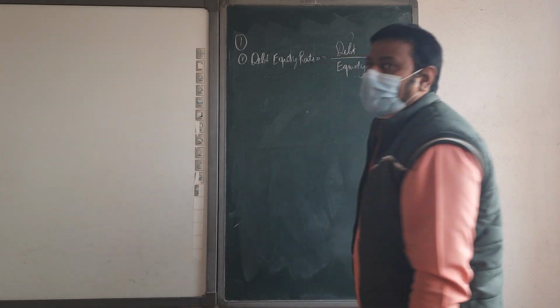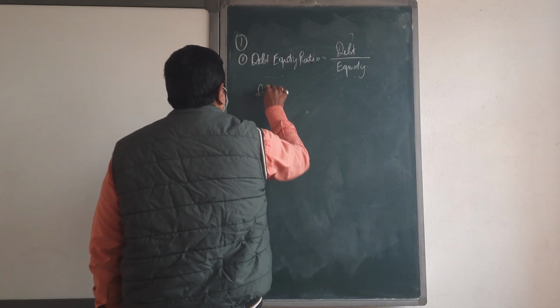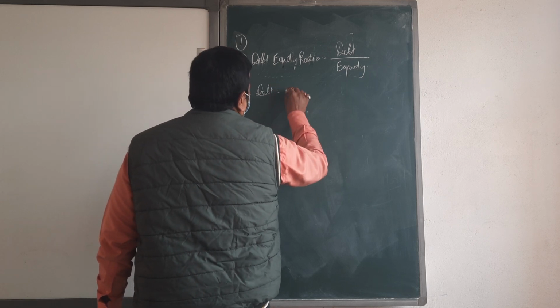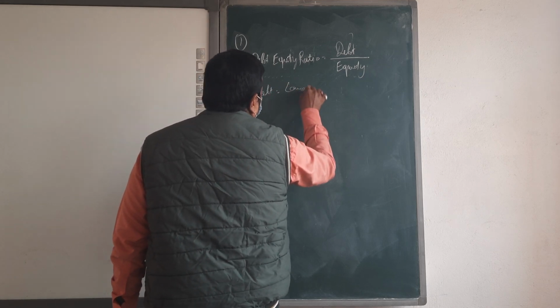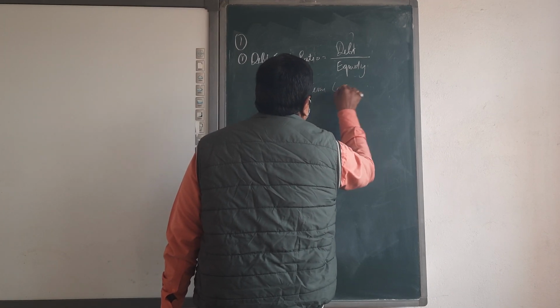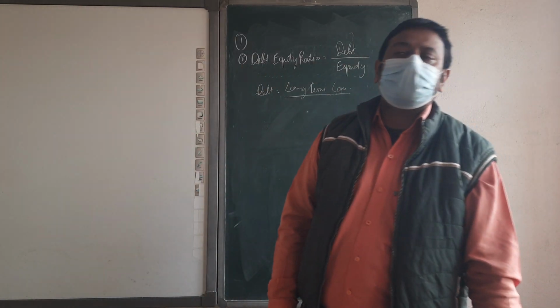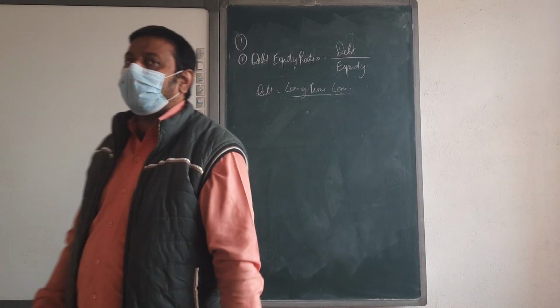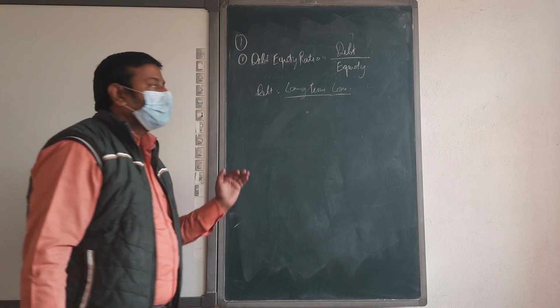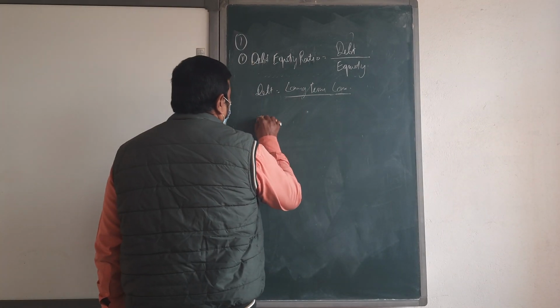Okay beta, debt upon equity, and debt means long term borrows or loans. All long term borrows or loans. It means all types of borrowing you can take from others or outsiders, that is coming under long term borrows or loans. And equity, well known,